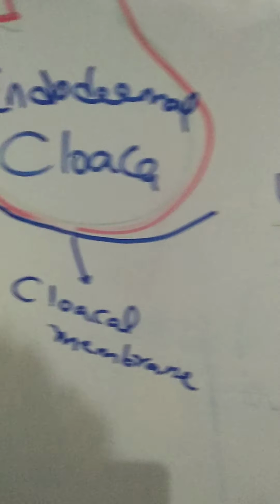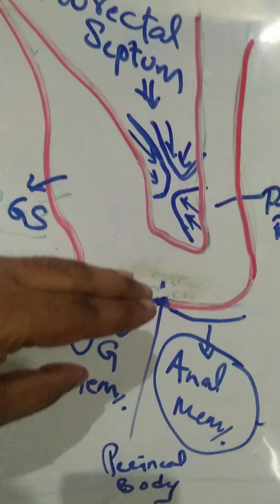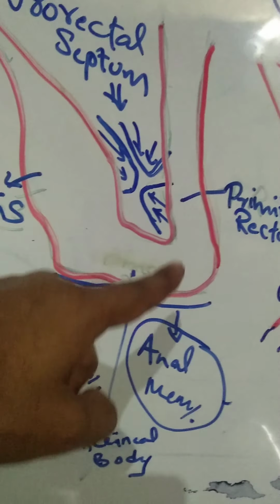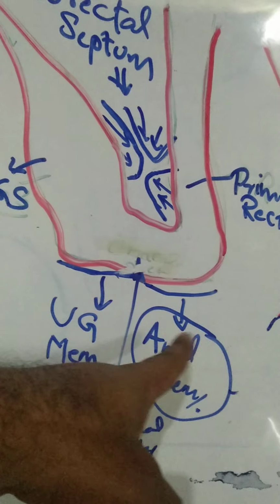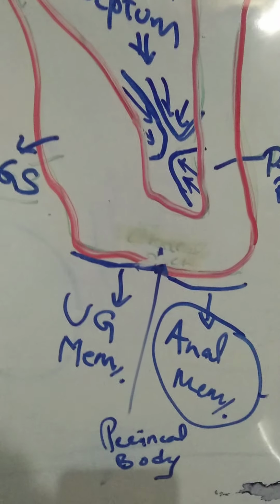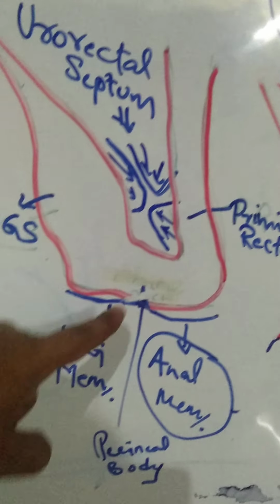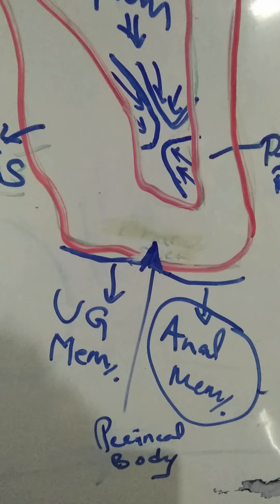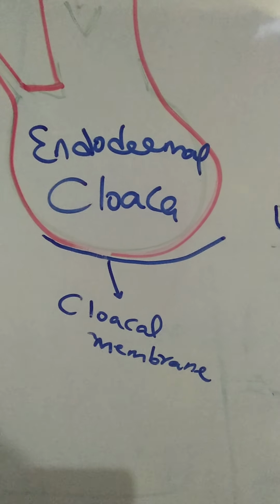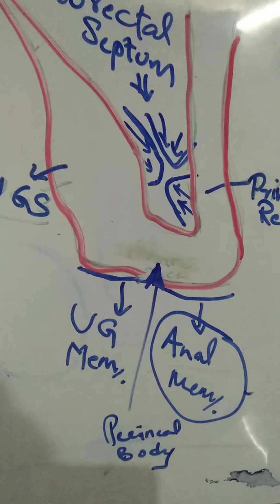Now what happens to this so-called cloacal membrane? It is now divided into the urogenital membrane anteriorly, because it is overlaying the urogenital sinus. This primitive rectum subsequently gives rise to the rectum and anal canal. Therefore, the posterior part of the cloacal membrane now becomes the anal membrane. The junction between the urogenital sinus and primitive rectum is still called the cloacal duct. At this junction, there is development of a pyramidal shaped fibromuscular body called the perineal body. So that is the fate of the cloacal membrane. It can be a 3 marker. The cloacal membrane will become the urogenital membrane anteriorly, the anal membrane posteriorly, and the perineal body in between.